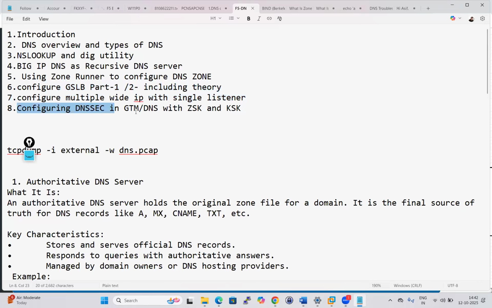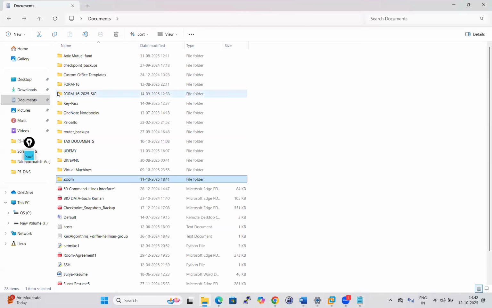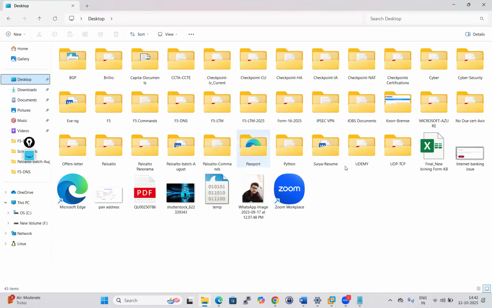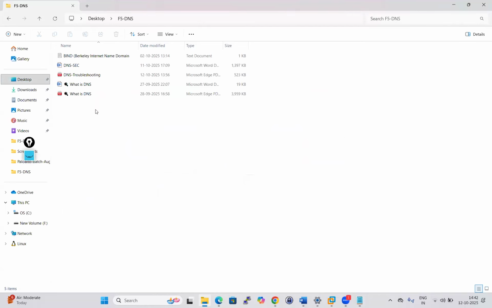Next we can see how to configure DNSSEC in GTM DNS with zone signing key and key signing key. So what is DNSSEC? Because our system is starting, meanwhile we can see the DNSSEC theory part and understand what DNSSEC is basically. So F5 DNS